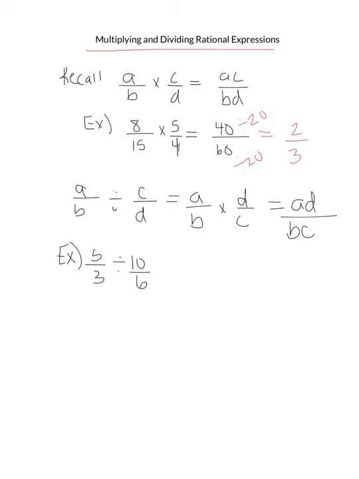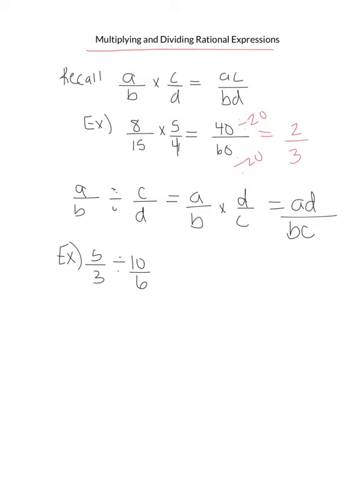All right, so the next thing that we're going to be talking about is dividing. If I have A over B divided by C over D, we know that that's the exact same as A over B times the flip of that second fraction. So D over C. And then top times top, A times D is AD, and bottom times bottom, B times